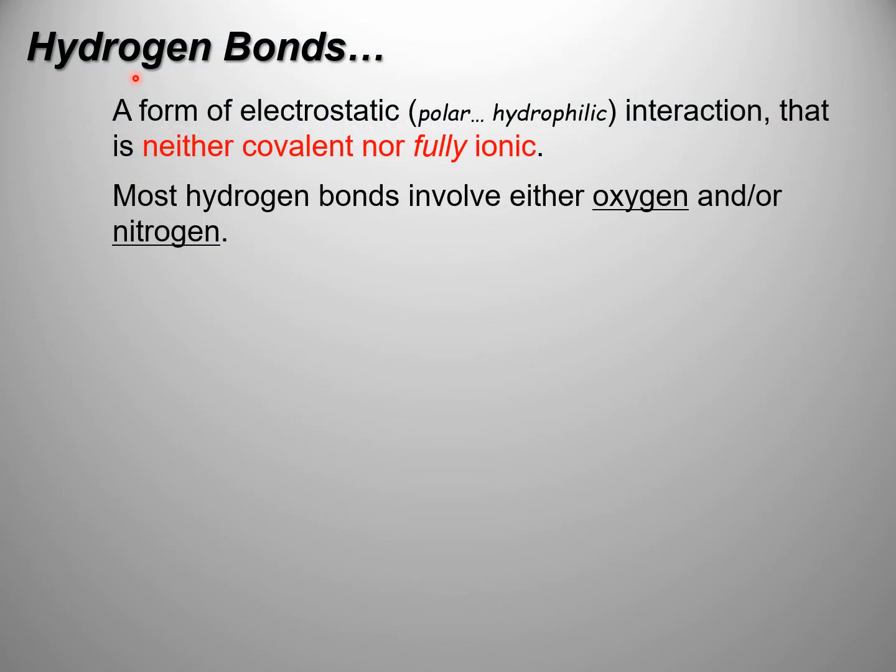Now on to hydrogen bonds. Hydrogen bonds are a polar bond. They are a polar interaction, but they are neither covalent nor fully ionic, and they have very, very specific parameters. In biology, the hydrogen bonds we're talking about involve a bonded oxygen or nitrogen. There are other types of hydrogen bonds out there. They include fluorine and other things, if you get into inorganic chemistry. But in biology, the vast, vast majority are going to involve either an oxygen or a nitrogen